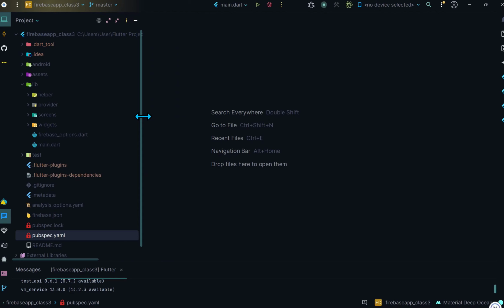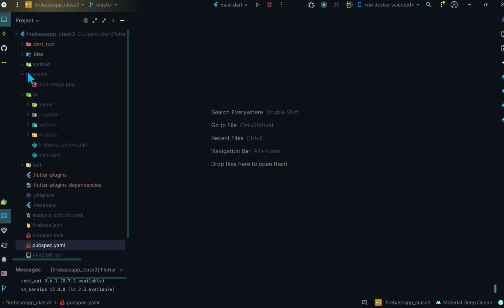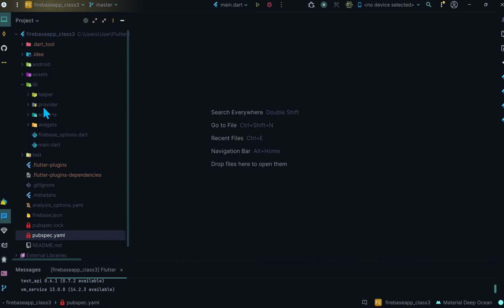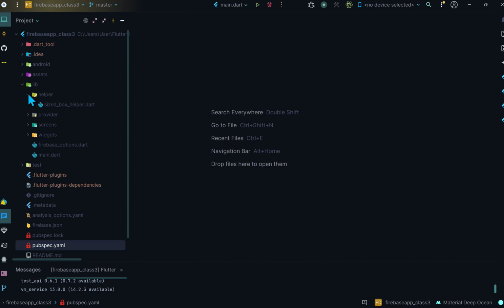So let's start. The main important thing in software engineering and in app development is code organization, code reusability, and a modular style of code. So for this purpose, I have organized the code into different folders. For example, all the images I will put here in this asset folder, and in this lib folder I created several other folders to organize the code. For example, all the helper